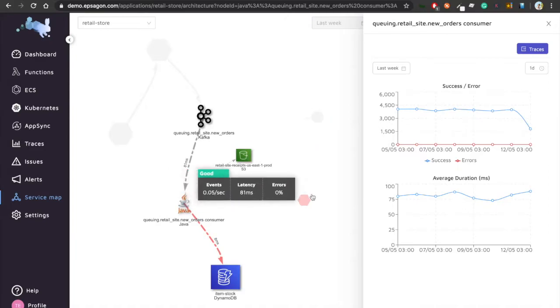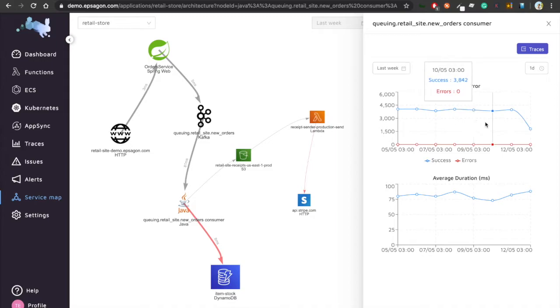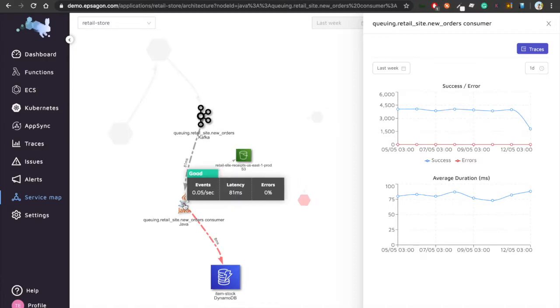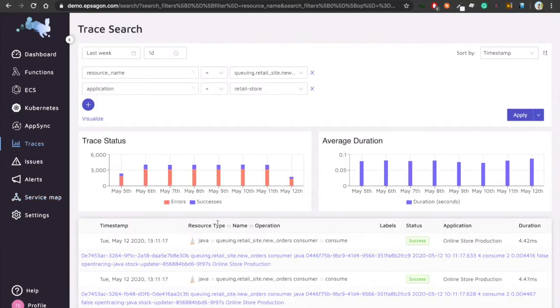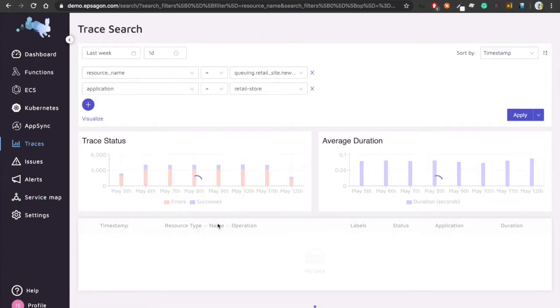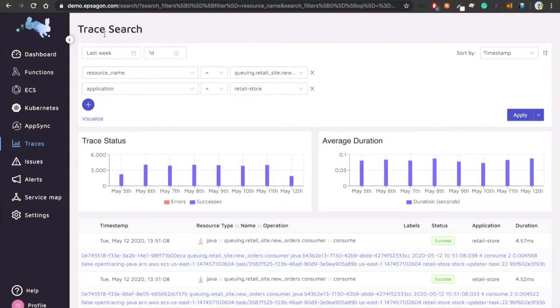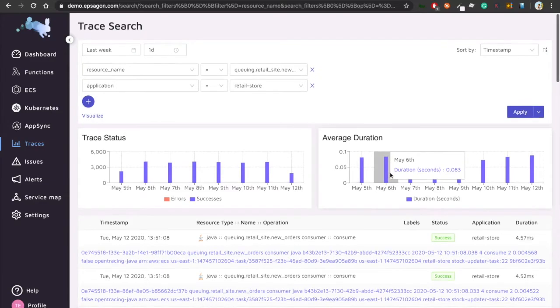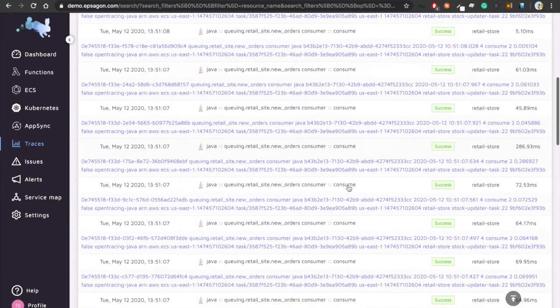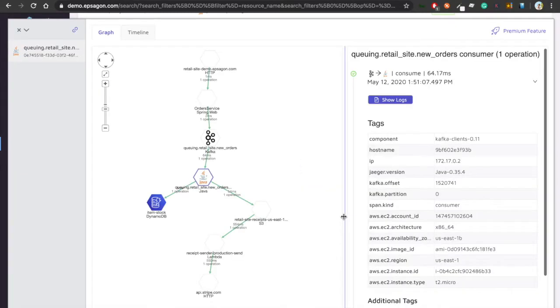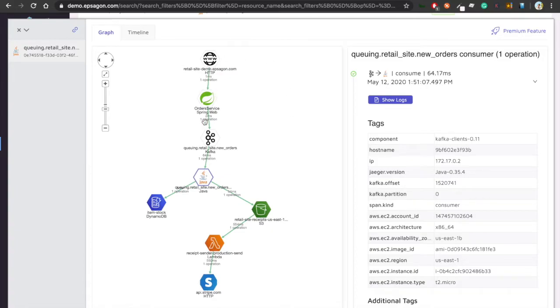I can easily click on any resource to get some more metrics about what's actually going on, both in success, errors, or duration. And since I'm seeing a lot of errors over here, I can even drill into the specific traces, because now I want another part of observability to understand exactly what's going on. So this leads me to the trace search screen, which gives me aggregated metrics on top of what's going on, and also each and every event that conforms to this filter. I can easily get to each and every event, which will result in a full trace end to end, which tells me, okay, this is the path that the request took from one service to another.